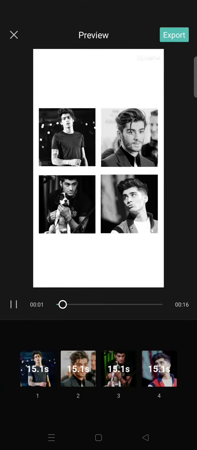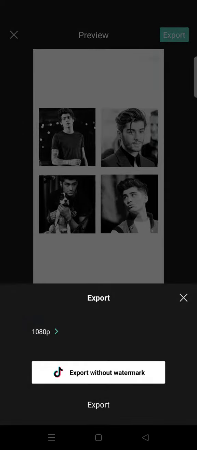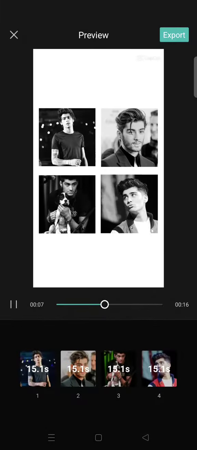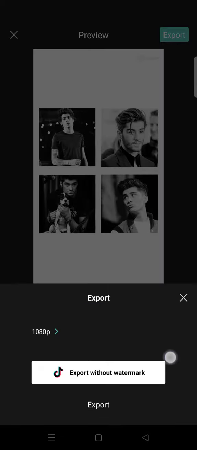So this template actually has a song in it, but I'm going to just mute that, and here you can just click on export. And here, if you just click on export, it will have watermark in it. Oops. But if you don't want to add a watermark, you need to click on the export without watermark, but